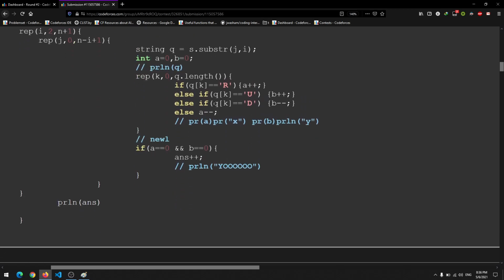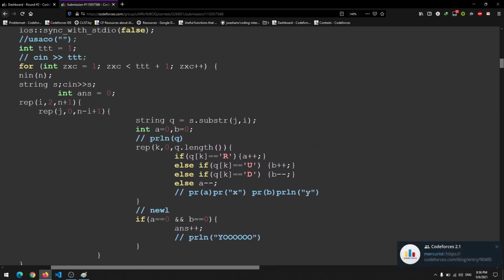If it equals R, I kept two variables, one for the x-axis and one for the y. I increase my x-axis variable. If it is up, I increase my y-axis variable, and the opposite for the down and left ones. At the end, if I reach 0 comma 0, that's the origin, I increase my final